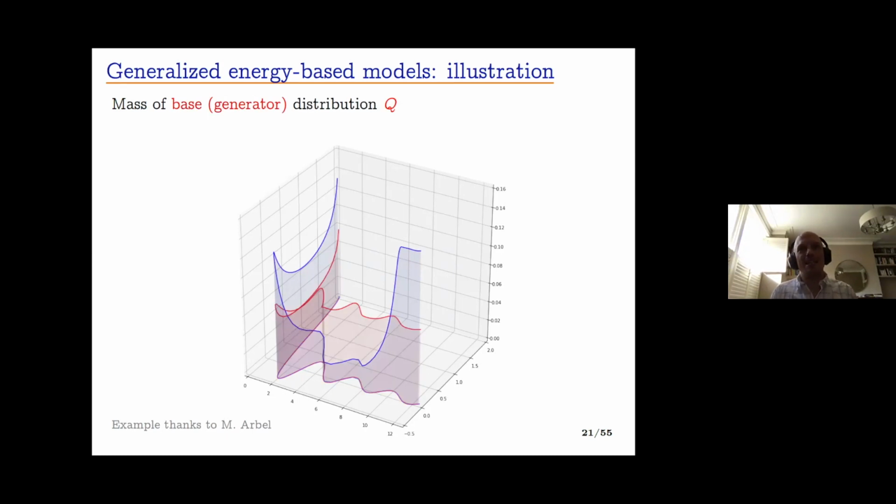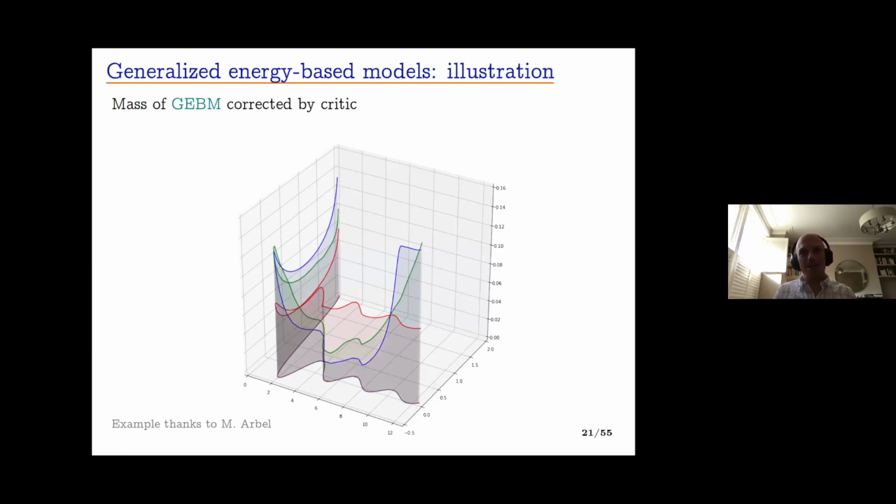Now, let's say that our generator Q has been trained in such a way that it's actually got the support correct, but it's placing the wrong mass on that support. So this is what I've shown in red here. Okay, so it need not be the case that the red support and the blue support match, but for the purposes of this little drawing, I'm going to assume that my generator got the support right. However, it got the mass wrong. So it's putting too much mass in some parts and too little mass in other parts.